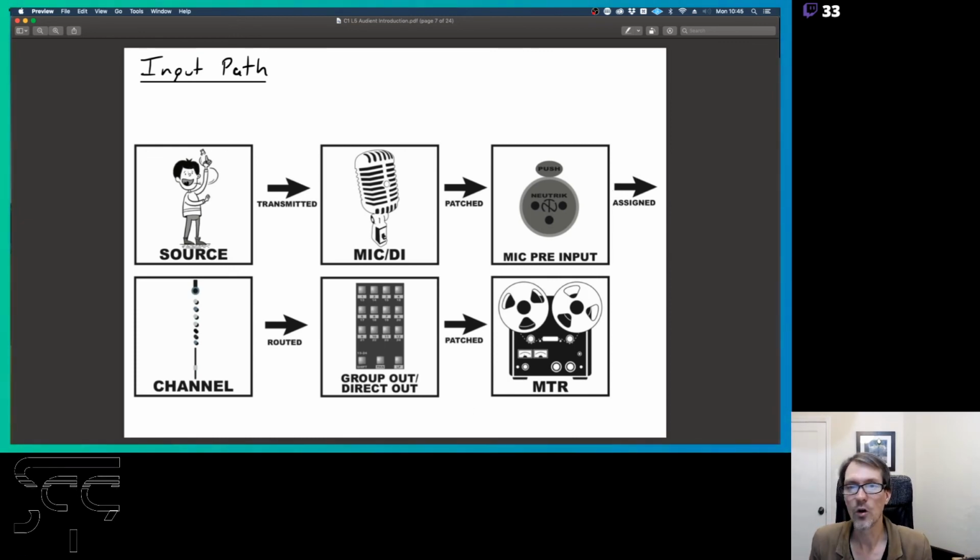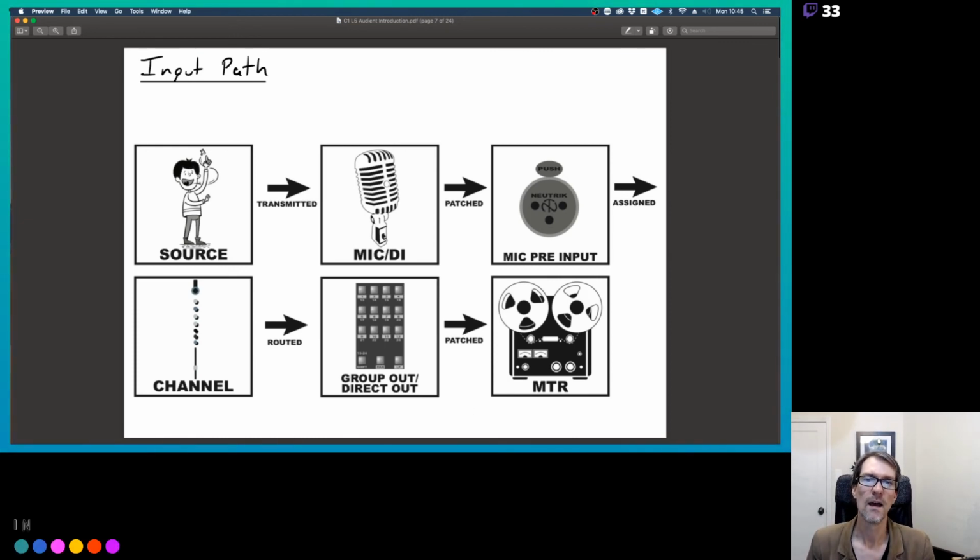The channel has a whole bunch of stuff on it. The channel on the Audient has an EQ. It's got panning and stuff like that. It's got a fader. If you are on the SSL, that channel also has a compressor on it as well. That is routed through the group out or direct out, which goes into the multi-track recorder, which is patched with